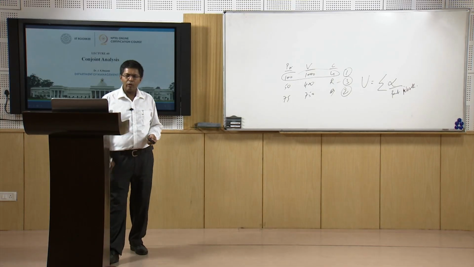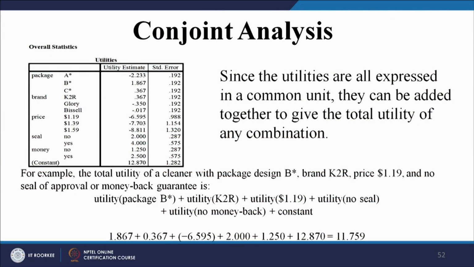For example, the total utility of a cleaner with package design B, brand K2R, this price and no seal of approval or money back guarantee is how much? Now, this is 1.867 for B, plus 0.367 for K2R, and so on. It adds up and comes to